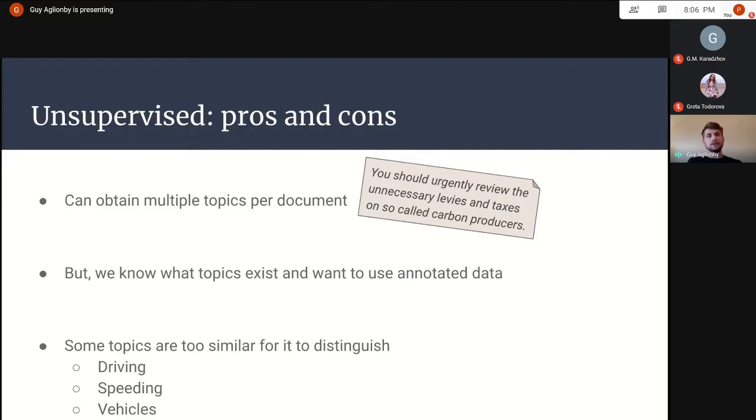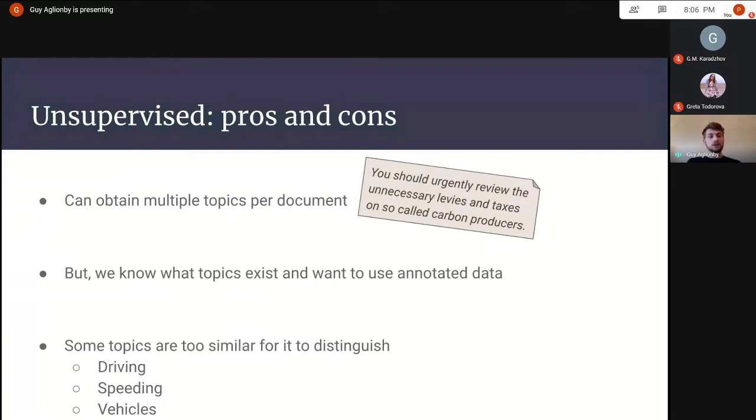But the downfall with this approach is that we have all of this labeled data and we're just not using it. It seems like a bit of a waste to have gone through all of that effort of labeling the data to then just chuck an unsupervised model at it. There's also the problem that some of the topics we're interested in, having looked through those 800 by hand, are too similar to automatically pull apart.